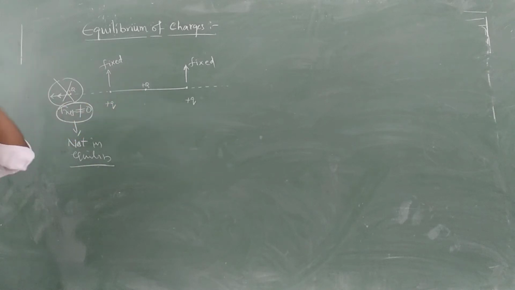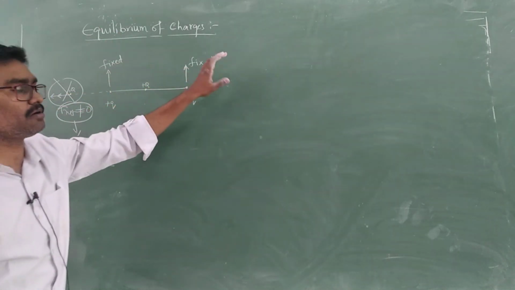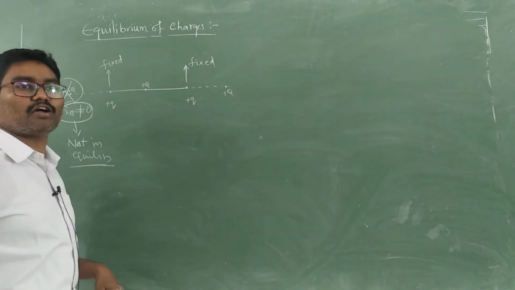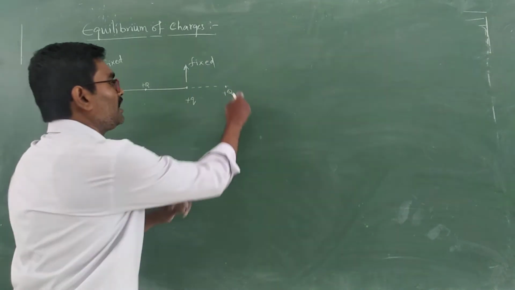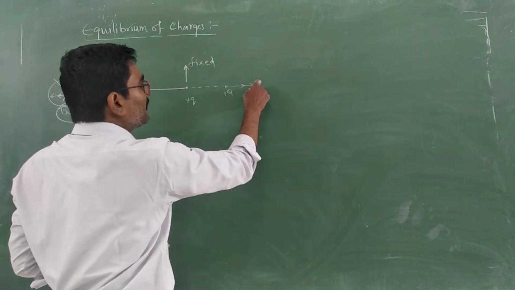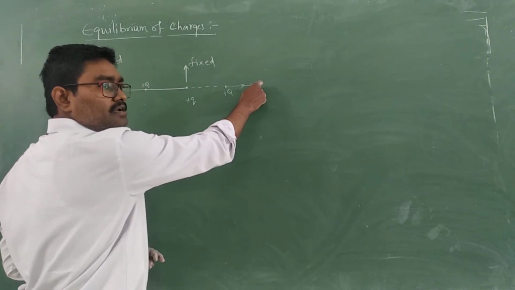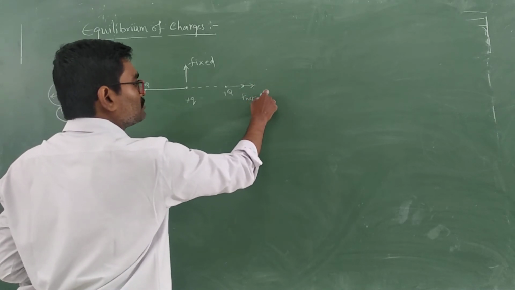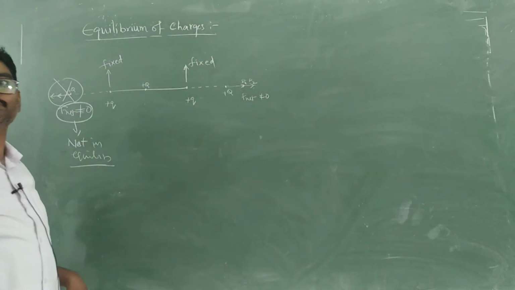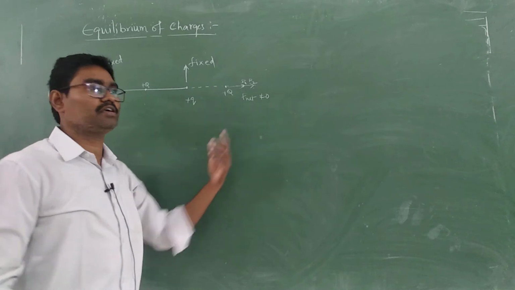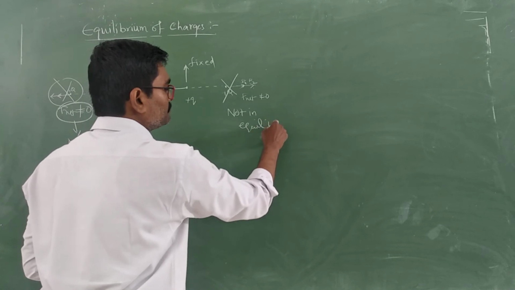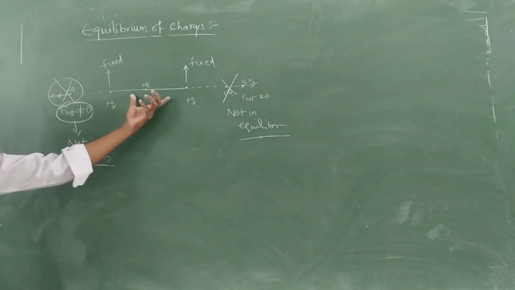Understood? Then go to the middle point. First think about the right side. If I place the same charge plus Q here, then what will happen? Yes, this plus Q will push it away. What about the other plus Q? This will also push it in the same direction, away. So net force is what? Not equal to zero. Both F1 and F2 are acting in the same direction, so net force will be F1 plus F2, not equal to zero. Here also it is not in equilibrium.